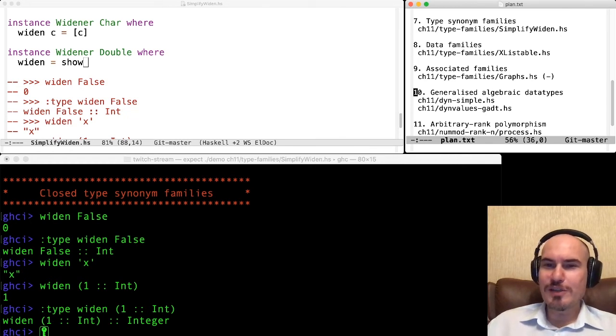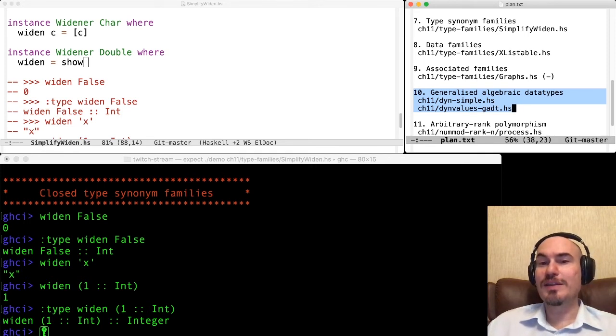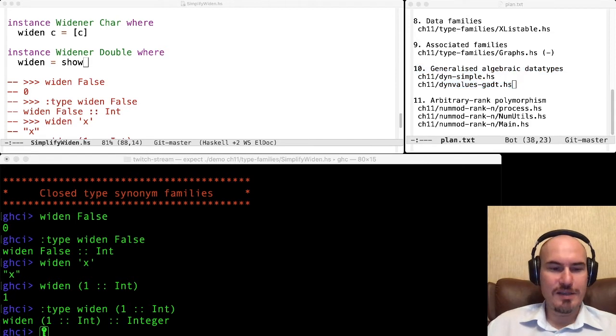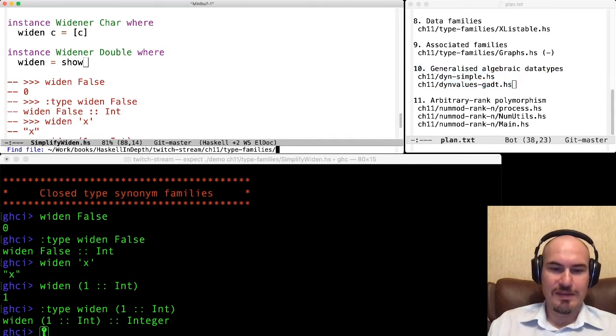I will go straight to item 10, generalized algebraic data types, and this will be a simple one, the latest one here. I will skip 11 either. All right, let's go to the generalized algebraic data types. Chapter 11.